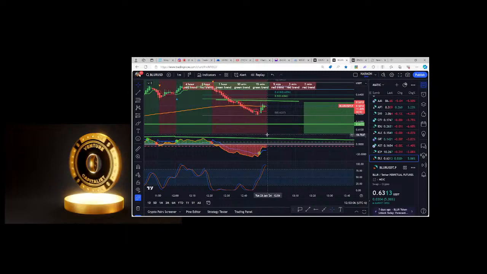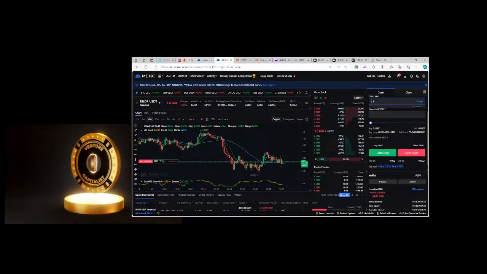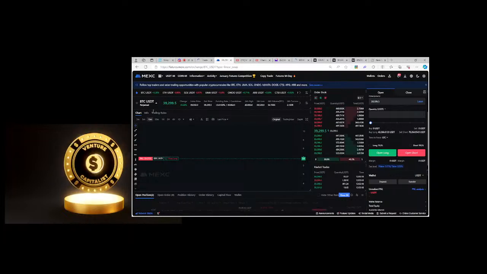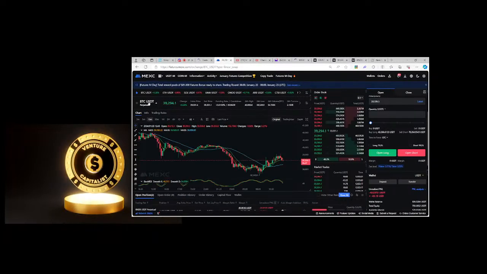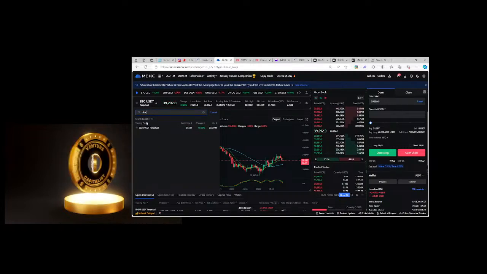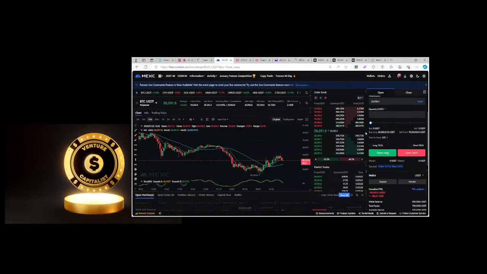All right, so here's where I would be looking for my short, right? So where's Blur? Hold on. See how it came to the top there and then it's got a rejection there? So this is where you'd be looking for... I don't want to jump in too many, but let's go here. All right, so this is where, when I get that rejection there, you can see the